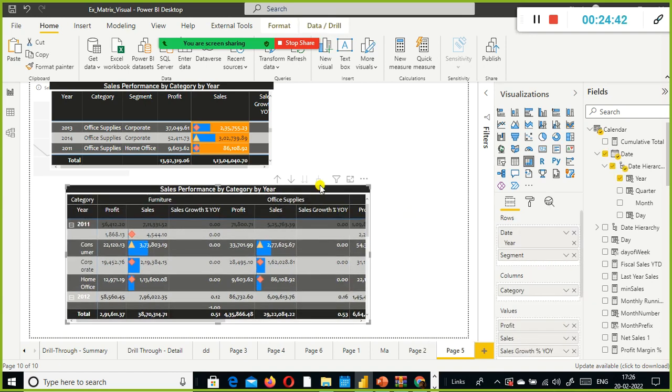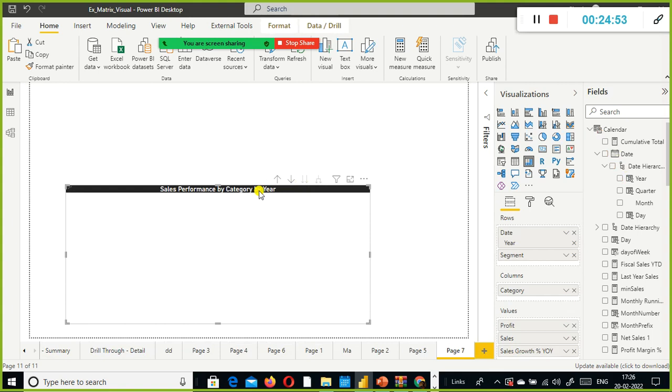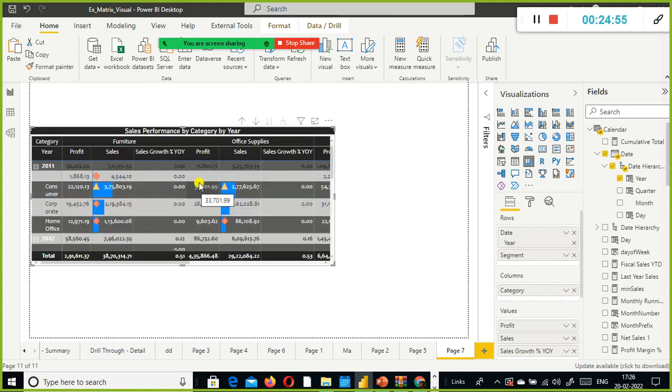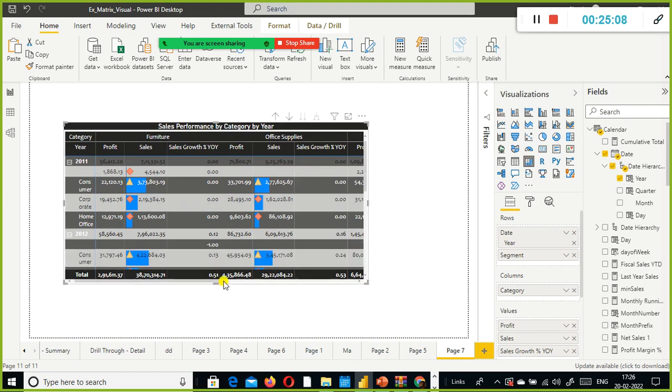What I do is better I just copy this because it needs more space. So here we have segment and category, everything is there.